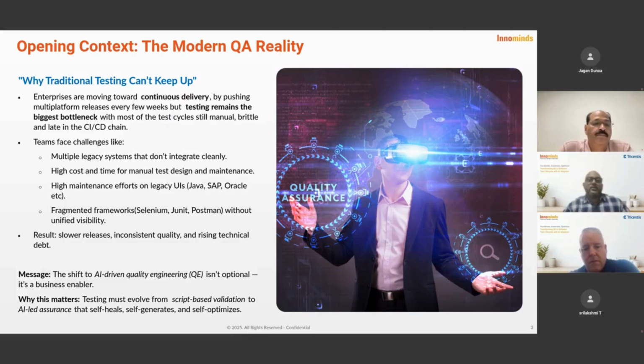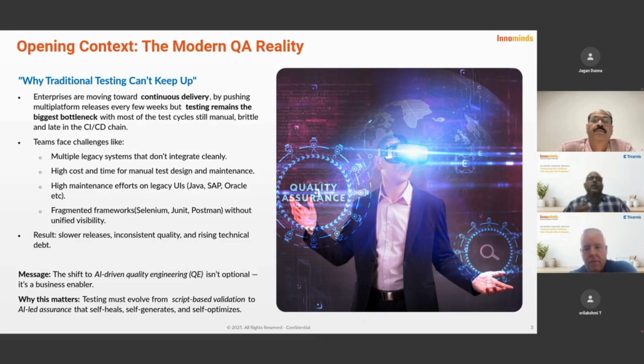So what is the message? The message is we have to have AI driven quality engineering. It is not a business enabler anymore. By default, like the way we have introduced Selenium or low code no code tools, AI is no more optional, and we have to introduce AI into your complete SDLC lifecycle.